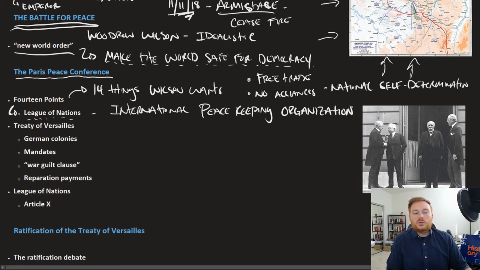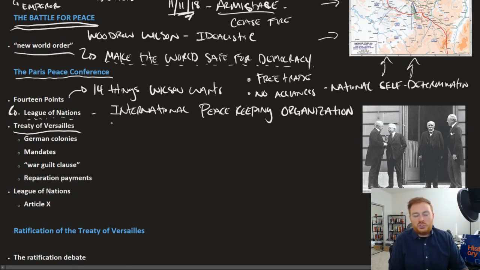So the idea to prevent war from ever happening again, well, let's just create an international peacekeeping organization. That way, if two nations have a problem with one another, they could hash it out there. However, he was also competing with the British and the French there, and they didn't always want the same thing. What came out of the Paris Peace Conference was the Treaty of Versailles, which of course dealt with